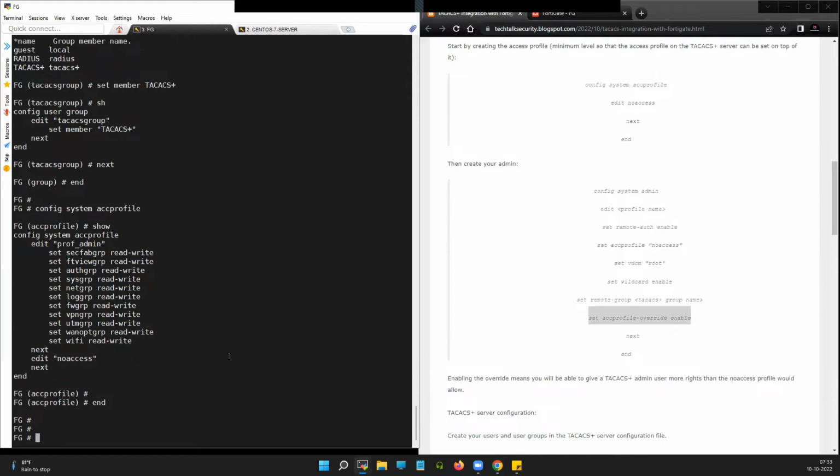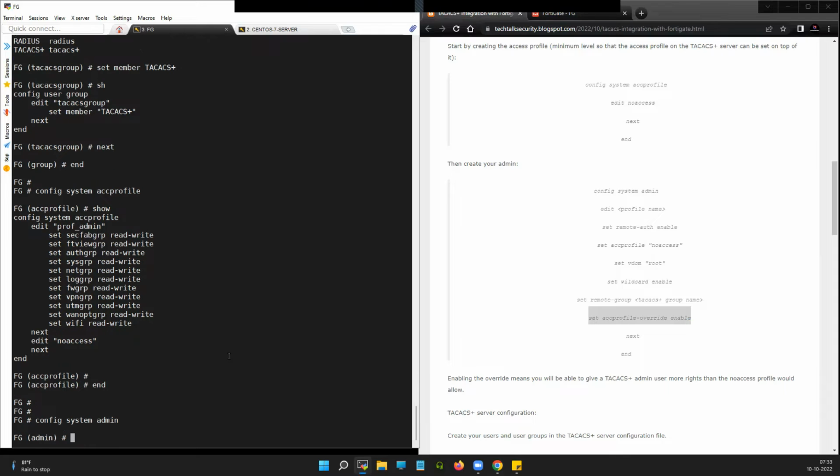Okay, so let's try to create the system administrator so that we can allow the user from the TechTalkSecurity plus user base to access the firewall and do the changes as per their privileges on the TechTalkSecurity plus server. Config system admin. You can do it from the GUI once again, confirming the same. Now we'll have to edit the profile and we have to give the name. Let's give it as